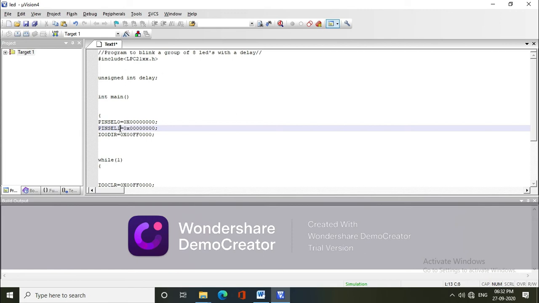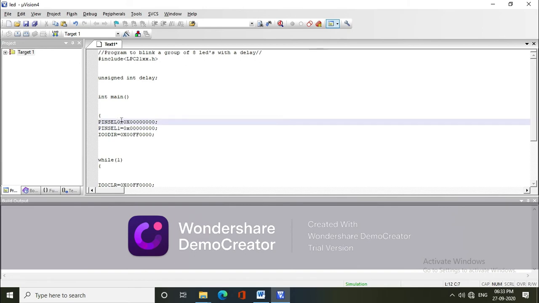These configuration registers are 32 bits wide. Any pin on the LPC2148 can have a maximum of 4 functions. In order to select any one of the 4 functions, 2 corresponding bits of the PINSEL registers are needed. So a 32-bit PINSEL register can control 16 pins with 2 bits to control each pin.